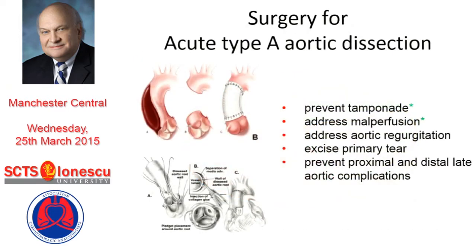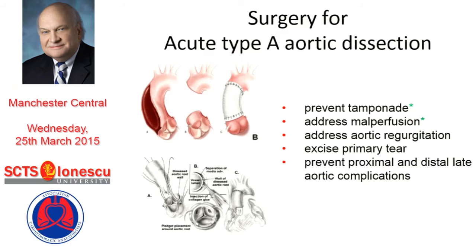All of you are familiar with the principles of surgery for acute aortic dissection, but it's worth reminding ourselves that the primary one is to prevent pericardial tamponade, and secondarily to address malperfusion. Almost any of the other objectives are secondary and in some sense prophylactic, and these would include addressing aortic regurgitation, excision of the primary tear, and prevention of proximal and distal late aortic complications, usually by trying to obliterate flow